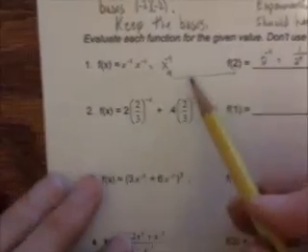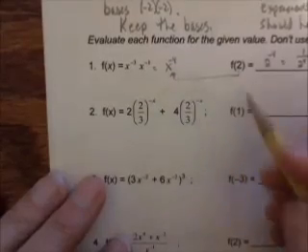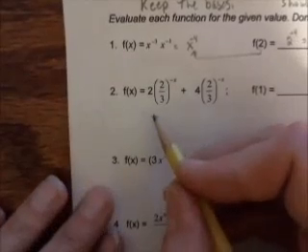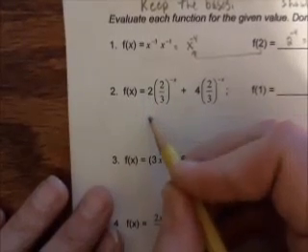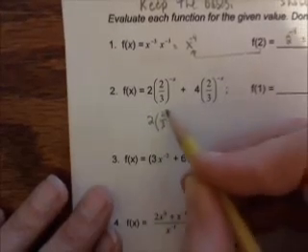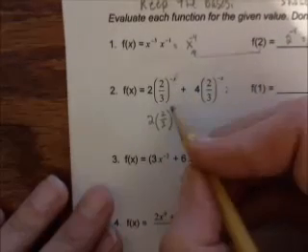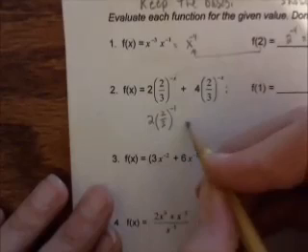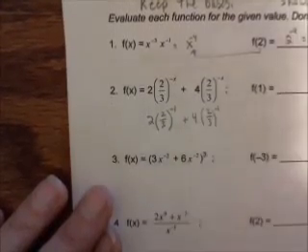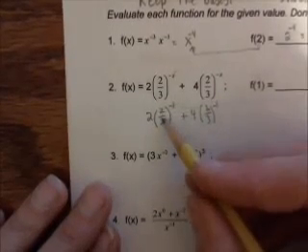So sometimes it's easier to simplify the f of x function itself and then substitute x, or sometimes it's just easier to do the direct substitution right away, like in this next example. So what we have is 2 times 2/3 to the negative x power, but x is equal to 1. So when I substitute x equals 1, I get 2 times 2/3 to the negative 1 plus 4 times 2/3 to the negative 1. Well, we have a fraction with a negative exponent, which says I'm going to flip that